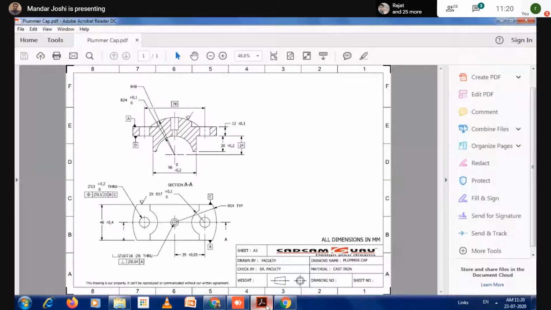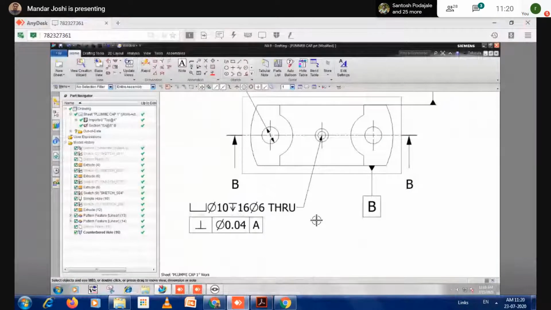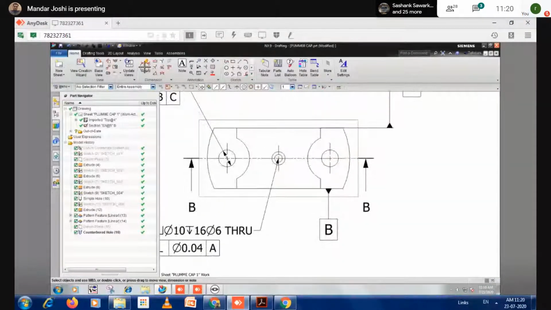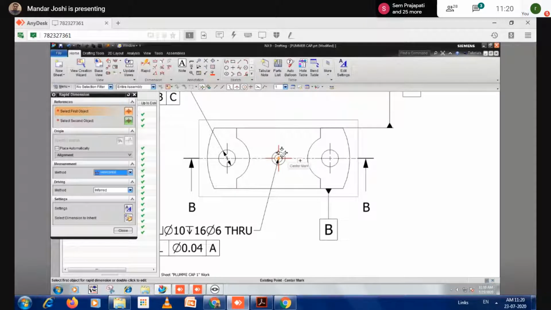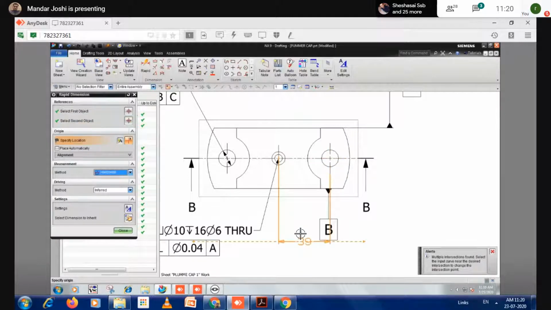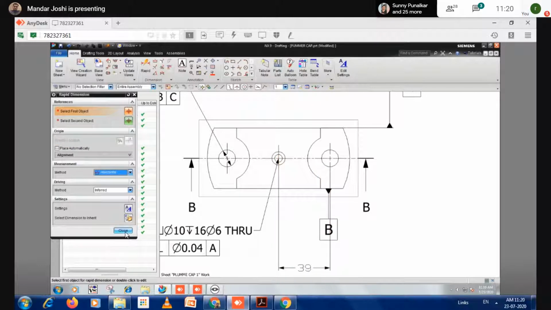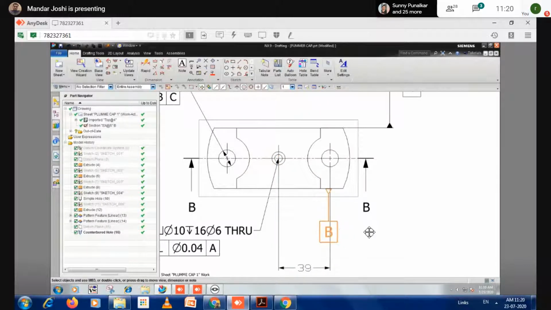Next step, this 39 dimension is shown, but this is a bilateral. To show that tolerance, select this rapid dimension, and in the rapid dimensions you see horizontal dimensions from this center point to this center point. Just click on yes, it is 39. I simply move this B over here.